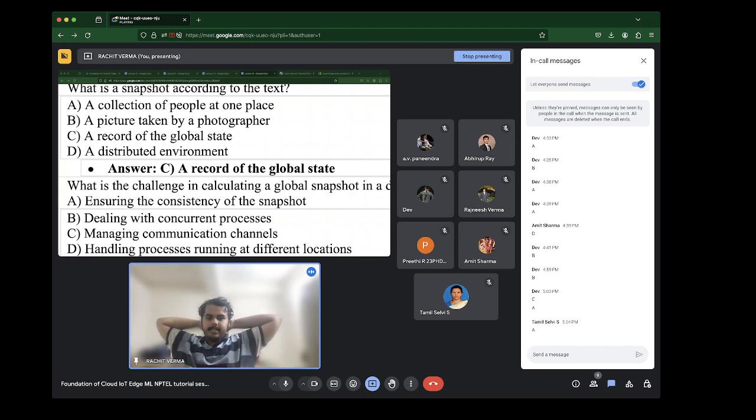So A and D would be the right answer. If there are various locations, then the clocks may not be fully synchronized, so you need to take care of all those things also.